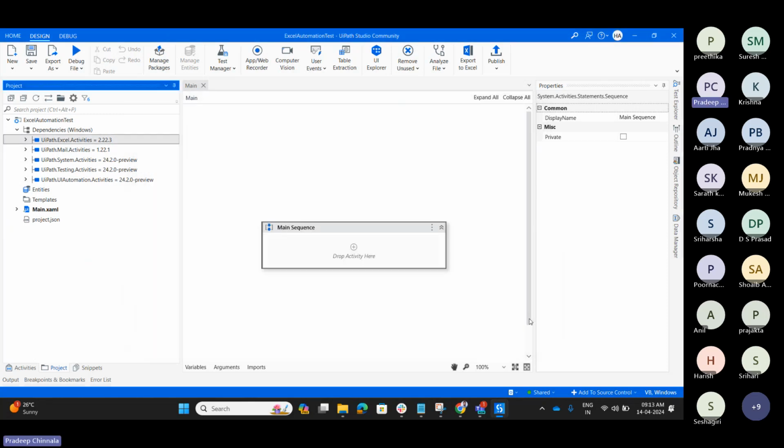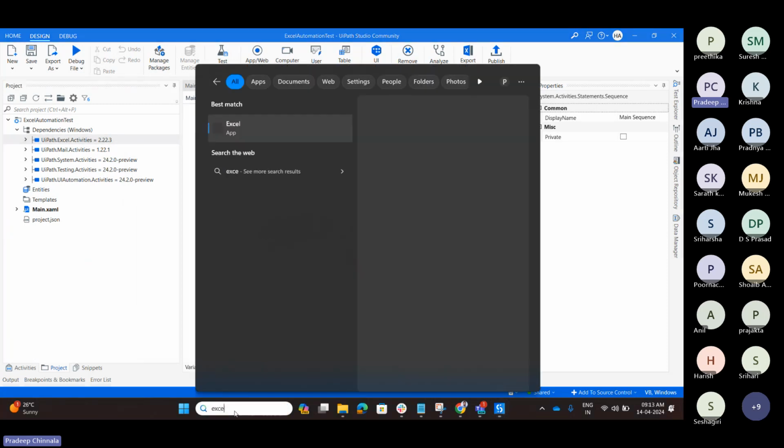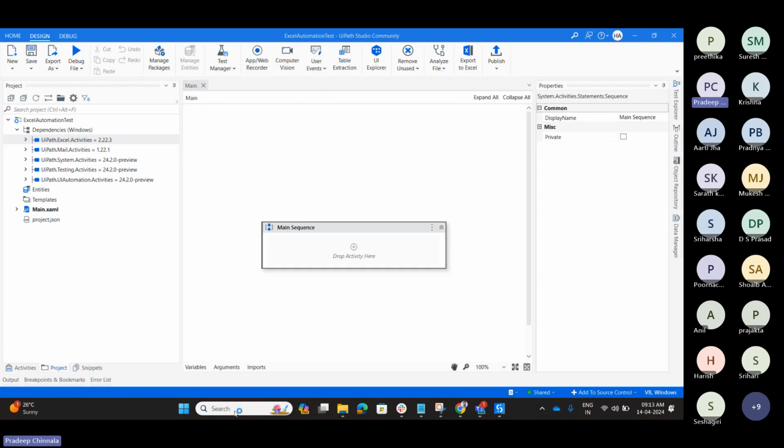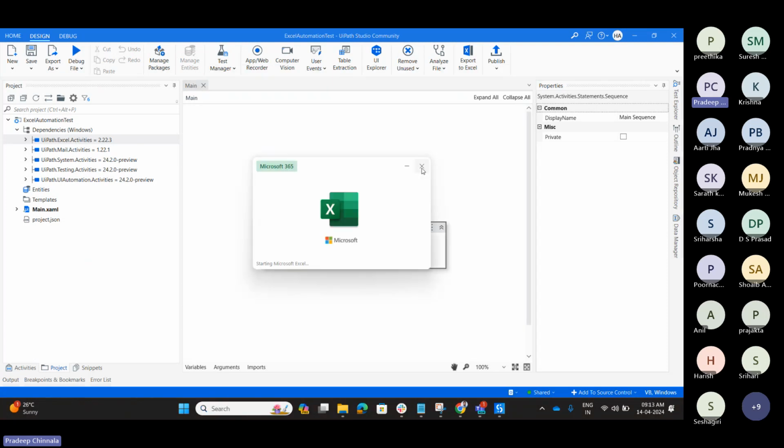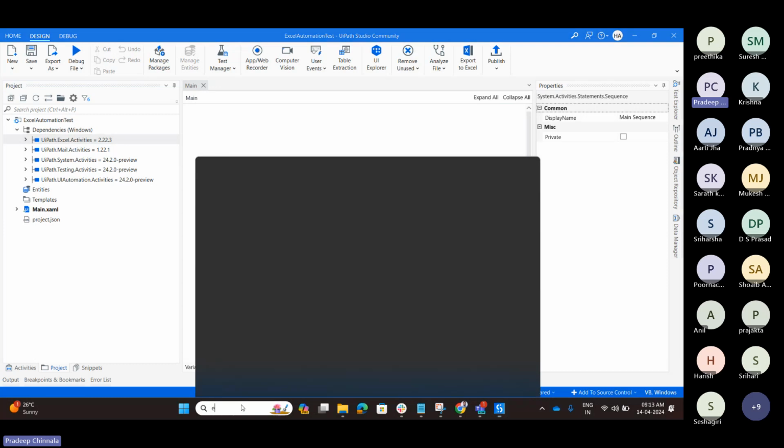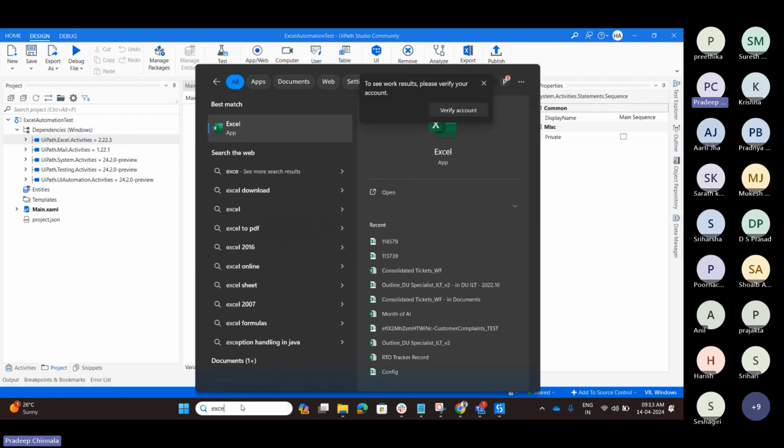You need to check this prerequisite from Studio, and you need to check Excel on your machine. Is Excel available or not? I have Excel on my machine, so I can do the automation. If there is no Excel on your machine, how can you do that? For this, we have two things we need to discuss. In UiPath Excel activities itself, we have